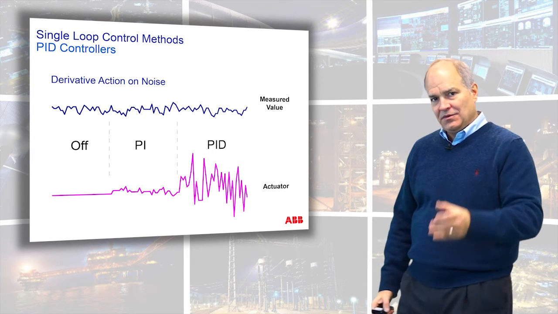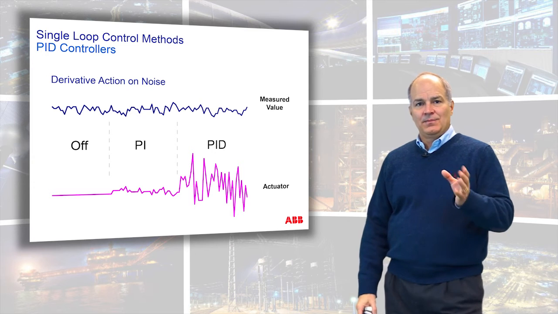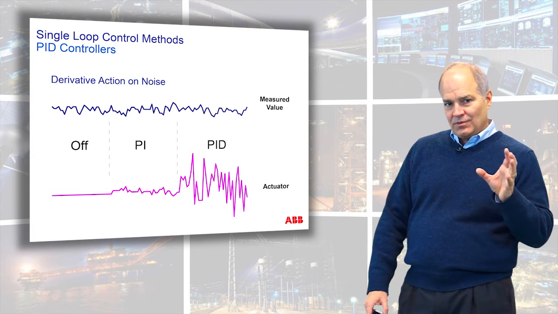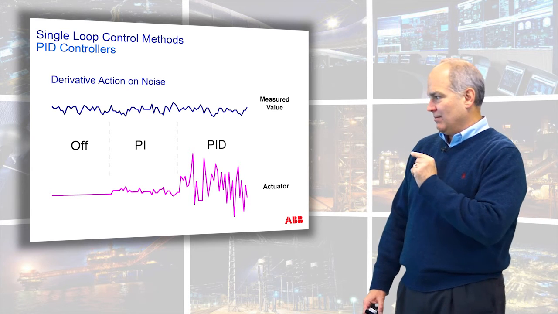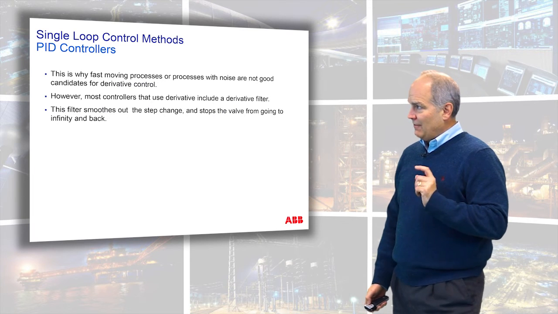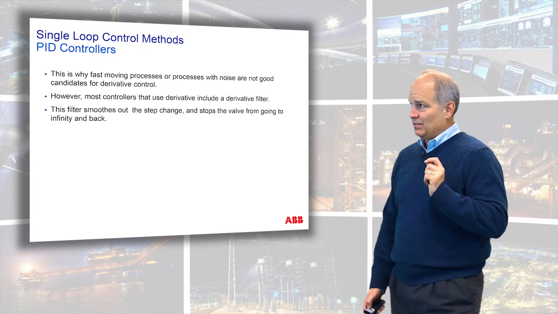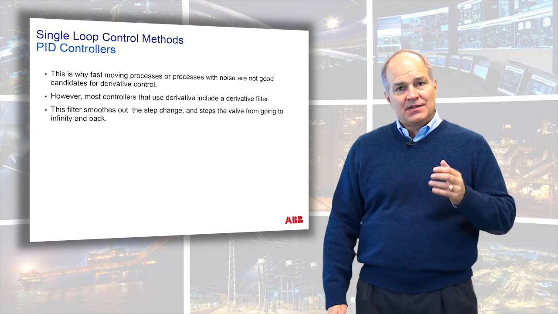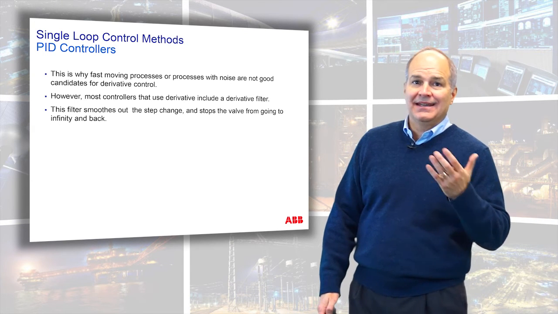I'll tell you in the next section that you can get that with PI by itself. Derivative by itself, if you don't really know how to utilize it, you can burn up your actuator or the test points. Fast-moving processes or processes with noise are bad candidates for derivative